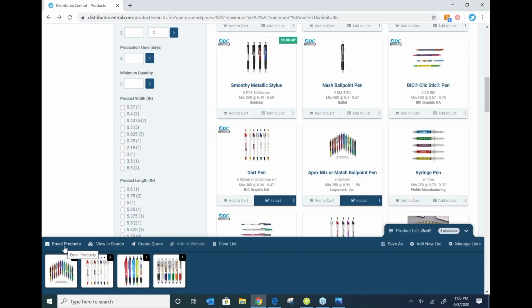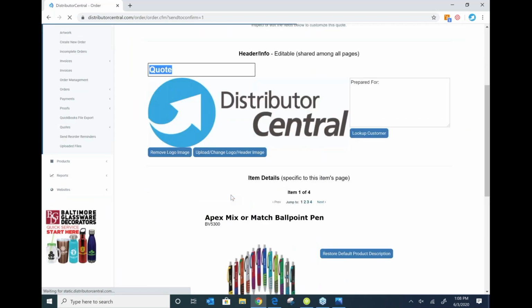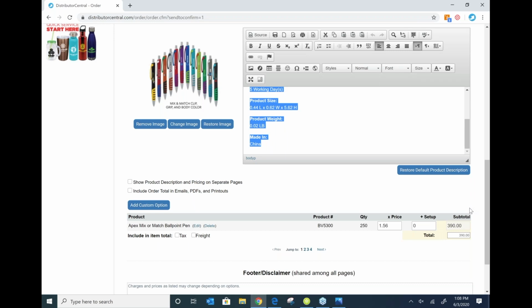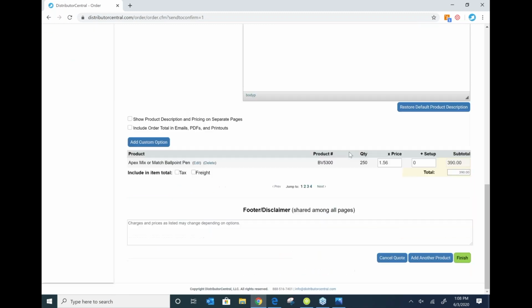If I wanted to create a full presentation or quote, I could create a quote. And I can do that in a couple of different ways. I can do just a really quick quote and customize some information here. Or I could walk through each one of these items, customize pricing and description information. So if I didn't want all of this to be communicated to my customer, I could do that. Maybe I've already created a virtual sample. I could remove the logo or the information from the supplier that they might have provided stock and upload my own artwork. If I needed to change pricing, if I wasn't going to charge my customer $1.56,